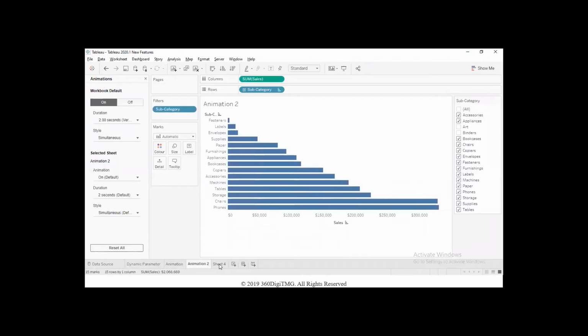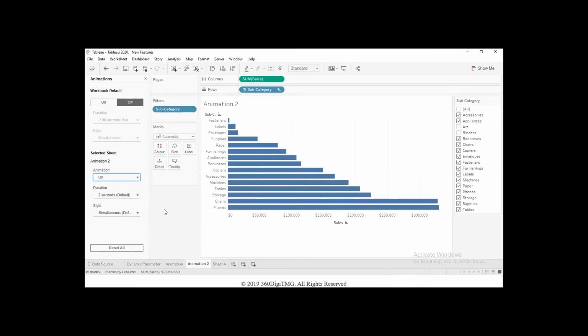have. All right. But on a particular sheet, if you want to design it differently, then you will have to go to selected sheet level and then make the animation there, whatever animation you want. So maybe at workbook level, I want to turn it off. However, at worksheet level, I want to configure it. For this particular worksheet, I want to configure it. I can do it. All right.